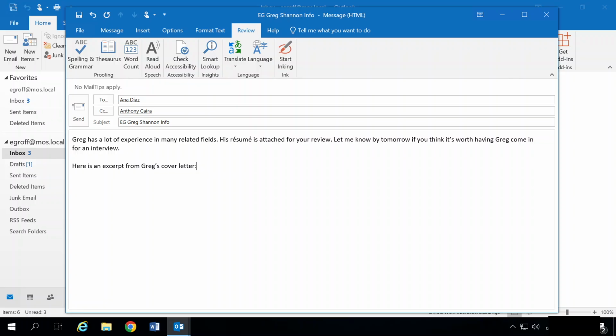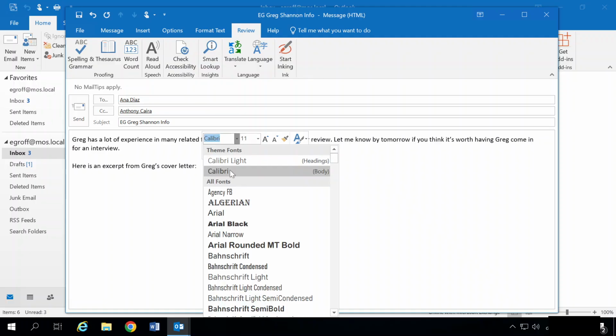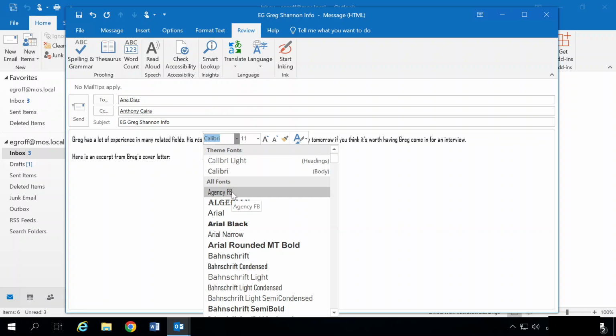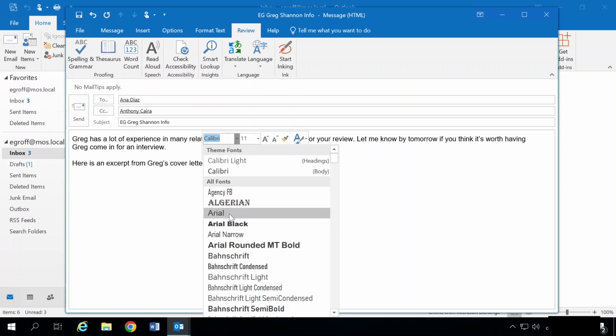Number 2, format the message content you composed using the mini toolbar. We're going to select all of the text in the message body, so we can click and drag from Greg all the way down, including that colon, and our mini toolbar should pop up. We're going to select our font drop-down, and you can hover over to get a live preview of what your message will look like with this text